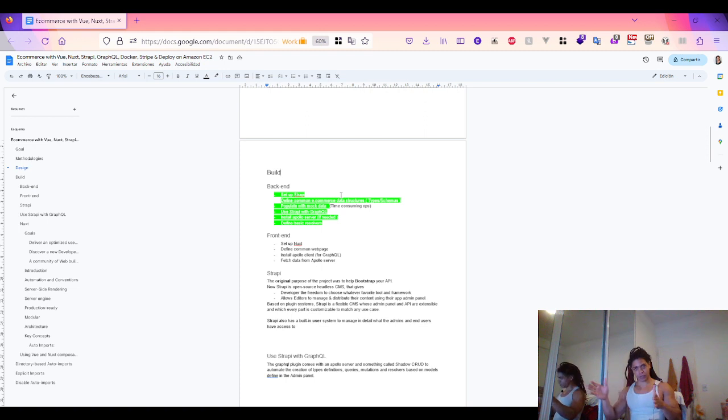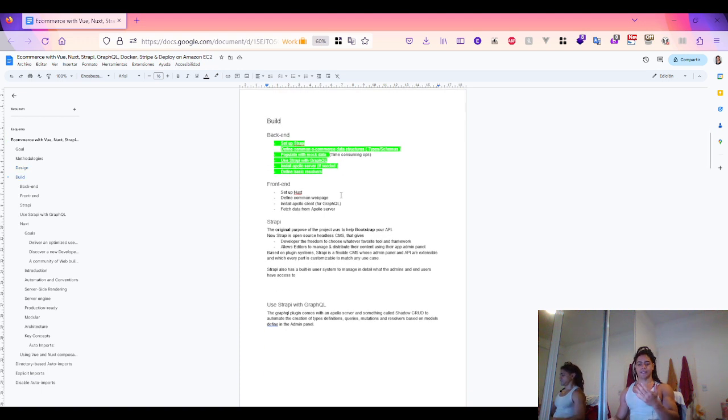So I set up Strapi, then I defined the most common data structures in e-commerce, whether it's product, reviews, order list, and then populated that with mock data in our admin,